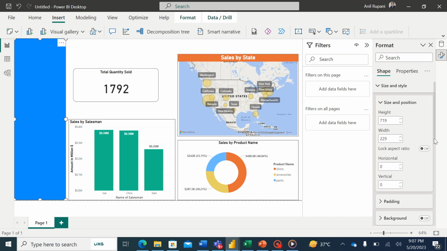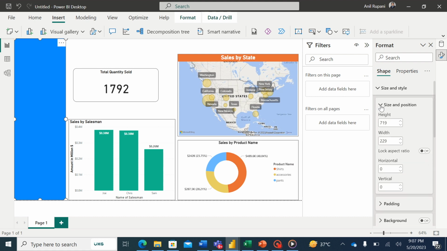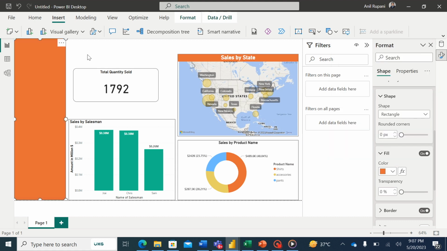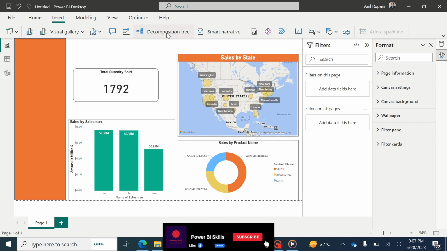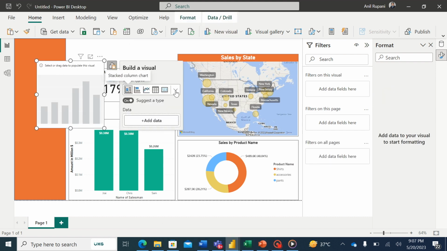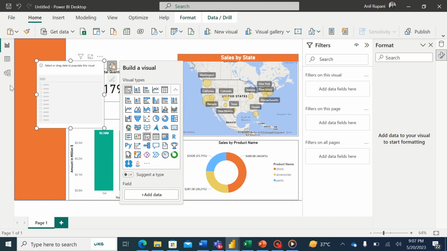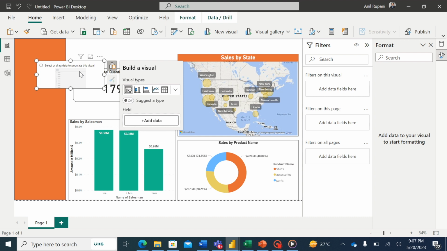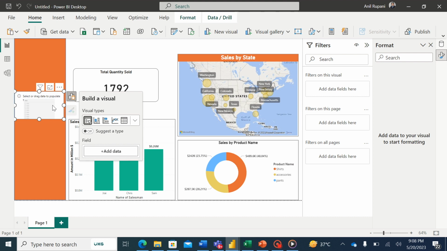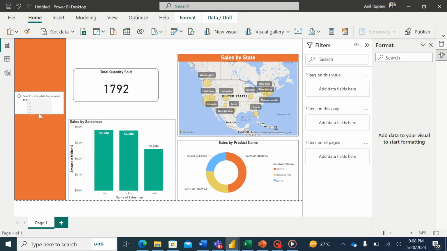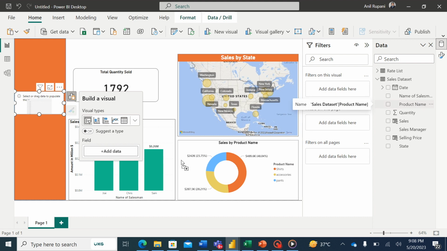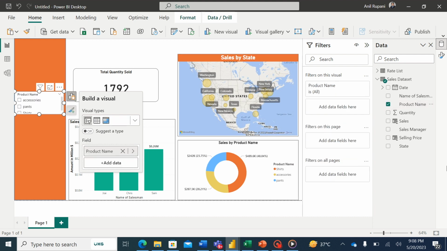I'll change the color of the shape to orange. Okay. Now I would add slicer. For that, I'll again go to Home, New Visual, and from this option, I would select slicer. And from data, I would select product. I would change the format,